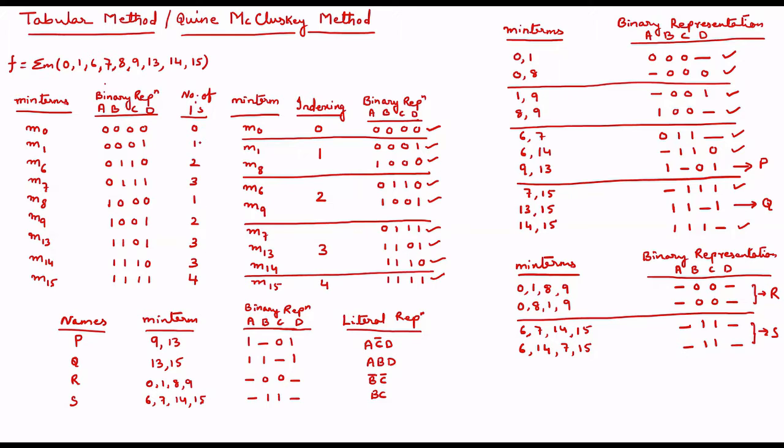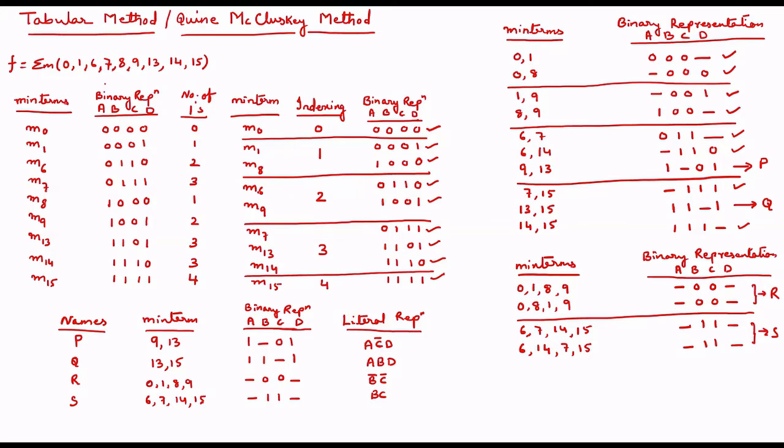Once that is done, in the next minterm column I will try to form groups. You can see I have taken m0, and under indexing the number of ones is zero, so I have taken 0 over here and represented m0 again in binary format as 0, 0, 0, 0. Now how many minterms have a single one? That is m1 and m8, so I form a single group, indexing is 1, and the binary representation of 1 is given over here, 8 is given over here. I hope I am clear to everybody.